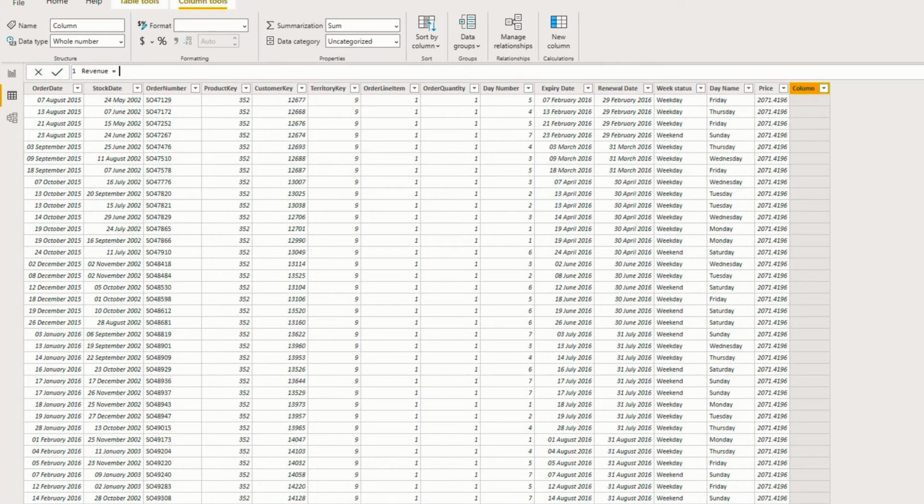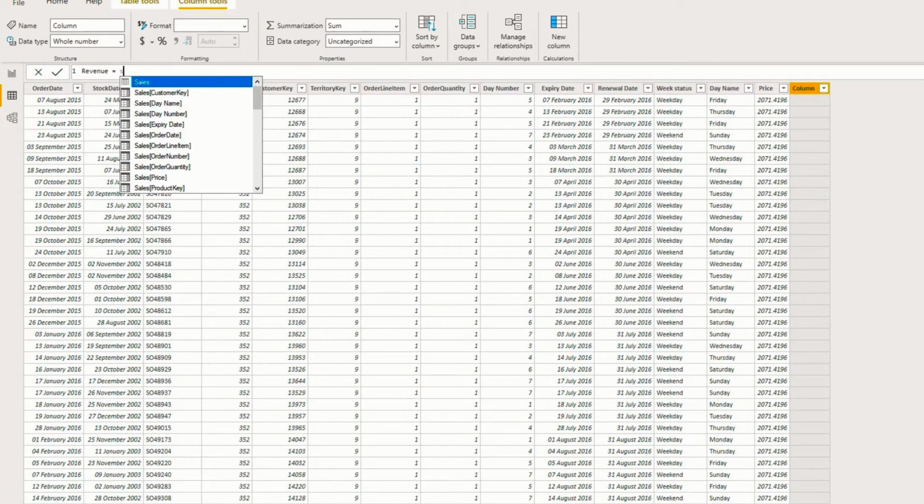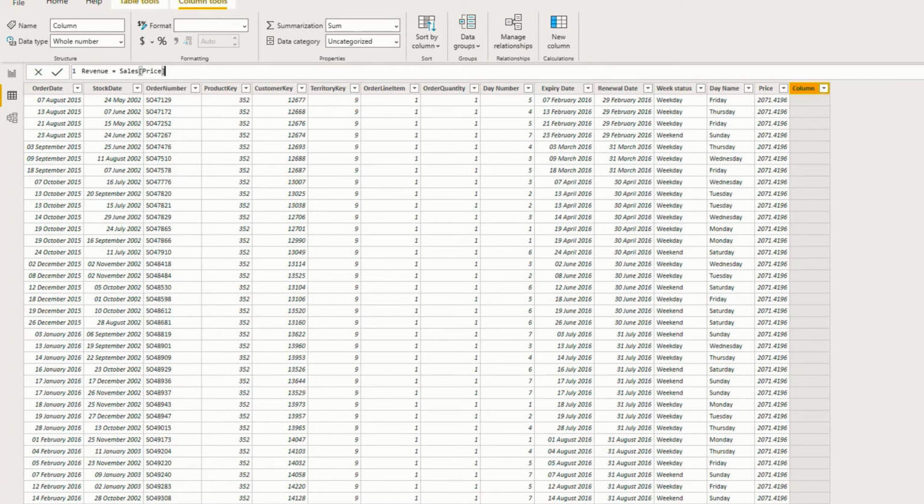The formula I'll be using is pretty straightforward. I'll first get the price column from the sales table, select that, multiplied by order quantity, again from the sales table.